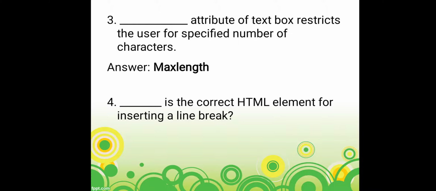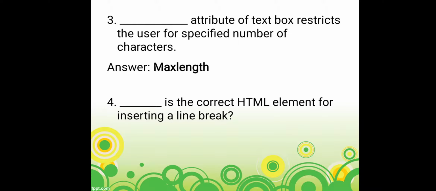See students, I have purposely taken this test because your final board exam answers are also corrected by the computer. So you should know what should be avoided to get the full marks. So these are small things. You will say max space length is also maxlength, but no, you can't argue with the computer. What was expected? Maxlength, a single word. That is the only correct answer. Hence many students have lost marks in maxlength.